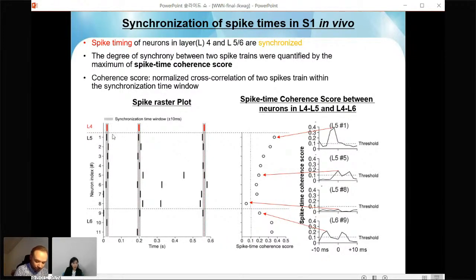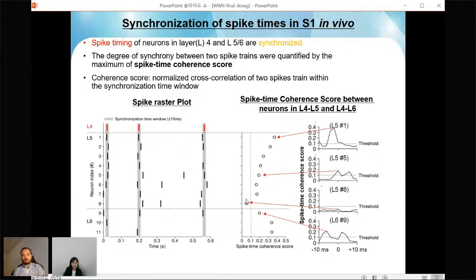So we are doing pairwise coherence analysis, right, layer 4 neuron number 1 and layer 5 spike number 2, etc. So we are doing that to measure how synchronous these two spike trains are, and these scores are shown here. This is a spike time coherence score for each neuronal pair with layer 4 and layer 5. You can see that these scores are taken from the maximum of the spike time coherence score, and then